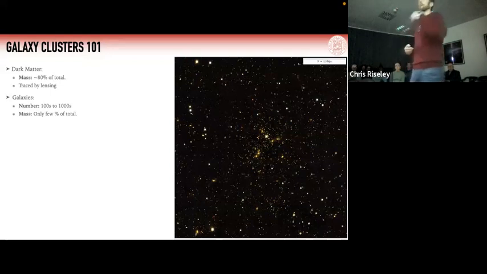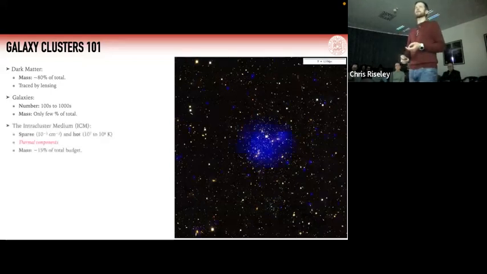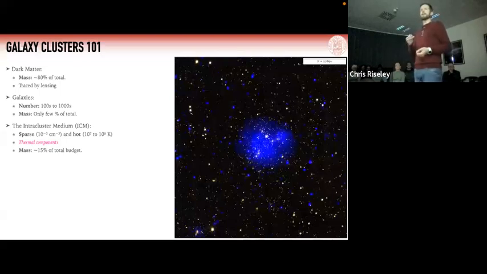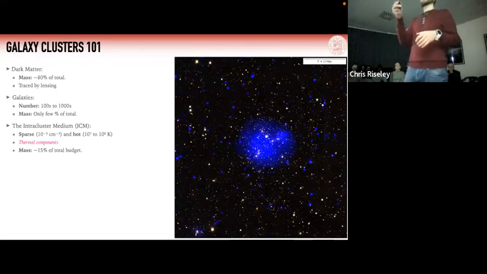When we zoom in on these nodes and intersections, in terms of actual galaxies, we've got hundreds to thousands in clusters. These only represent a few percent of the total mass budget. Then you see the intracluster medium, or ICM. This is your hot plasma soup that fills the vast majority of the volume of a galaxy cluster. Very, very rarefied, very hot plasma. And in this talk, and in many works about galaxy clusters, you hear the ICM referred to as the thermal component or thermal components. And this is about 15% of the total budget.